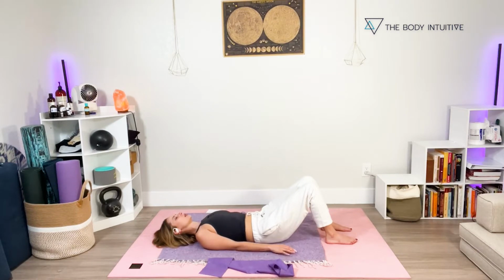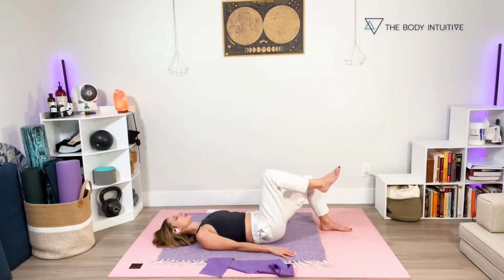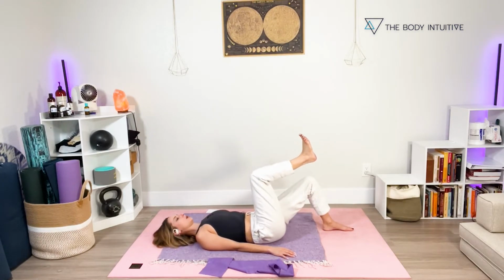So on the inhale, let's lift the right leg up towards tabletop pose. Shin bone parallel to the ground. Flex the foot back towards the face and just notice if that left leg started to bow in and out. If it did, take the left leg back towards center and keep the right leg working towards shin bone height or floor height, or if you're already there, just hold. Deep breath in